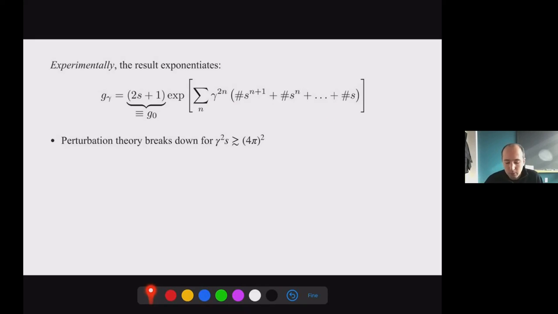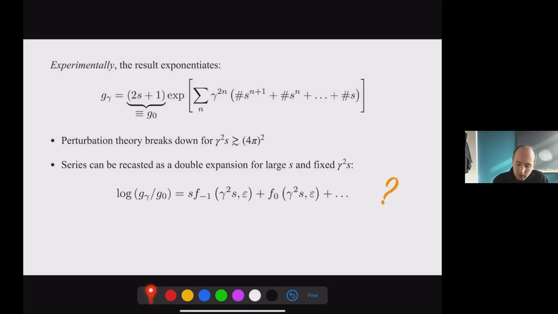So from this formula, you immediately conclude that perturbation theory breaks down nonetheless when S is too large, but it happens a bit later than you might have expected. It happens when gamma square S becomes of order 1, or 4 pi square if you restore your 4 pi's. But still, this formula is reminiscent of similar formulas in other contexts and suggests that if you start grouping leading terms all together, so the gamma to the n, S to the n plus 1 term, and similarly for the subleading term, you can formally recast the expansion in this way.